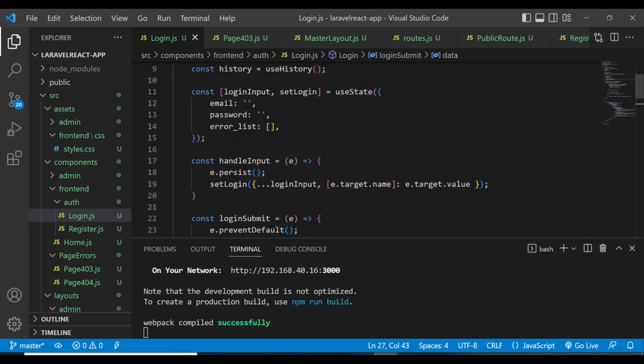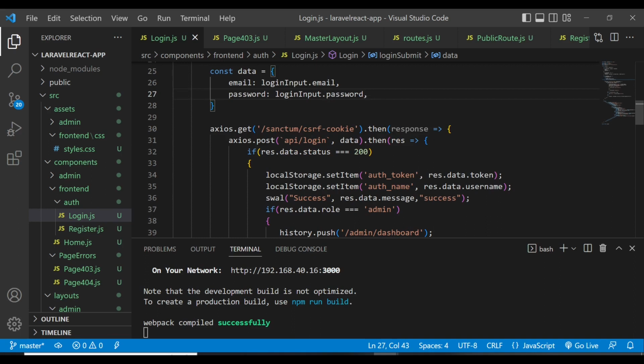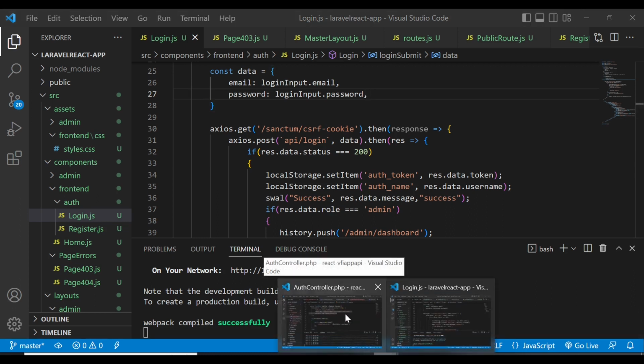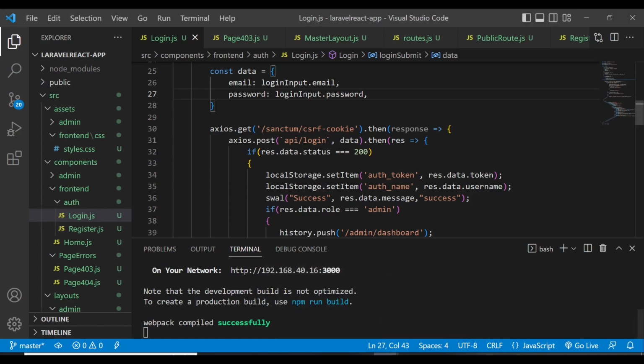Now the next thing we have is Axios. Remember, I also did a tutorial on what Axios is, so you may want to check that. Axios is used for performing HTTP requests on a remote application, for example. Here I'm using Laravel in my case, which we are going to explore after we are done with React. So what is happening here is that I have Axios, and then within Axios,